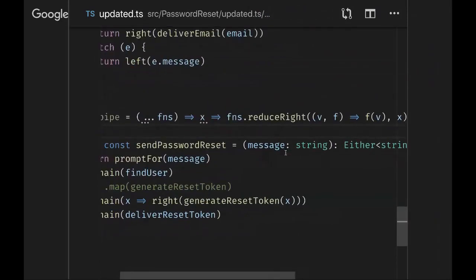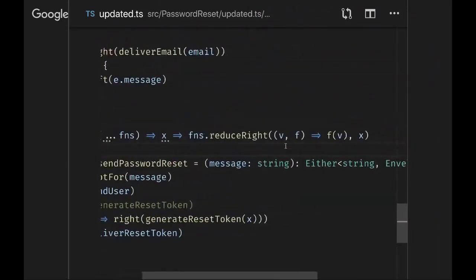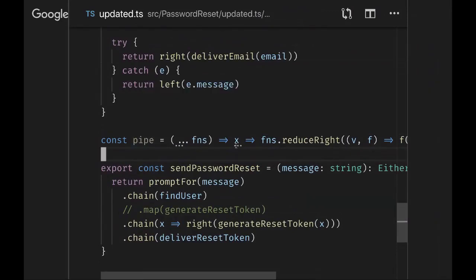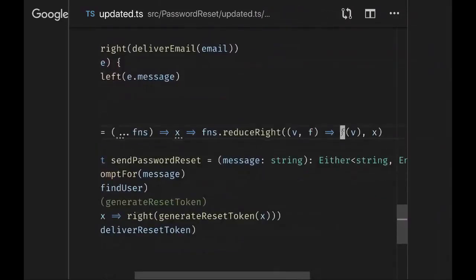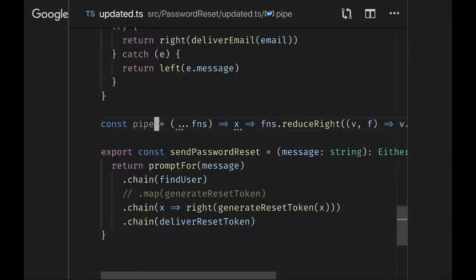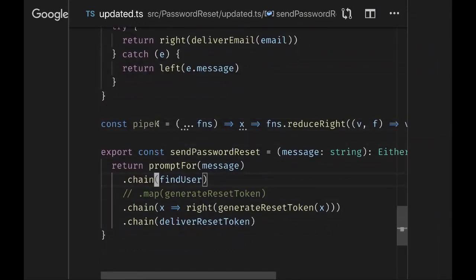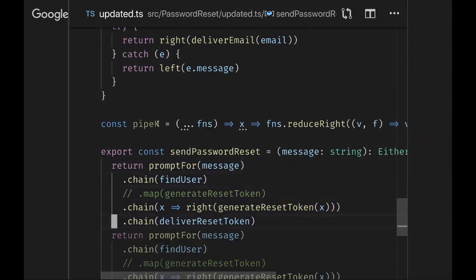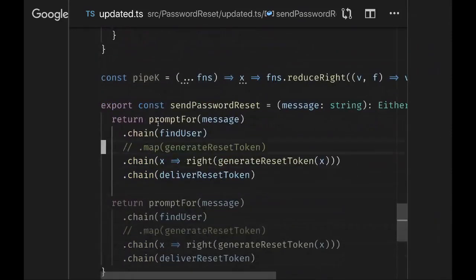I can do something very similar, where instead of thinking of these as functions that return values that plug up one after another, I can think of them as pipelining this chain operation. And if I do that, I won't call it pipe, I won't call it pipe K for reasons. But if I do that, then I can reconstruct my original function by doing this.